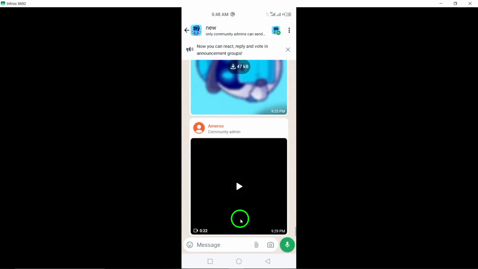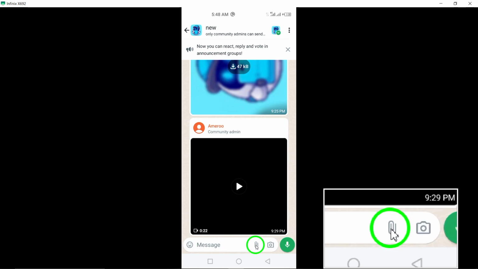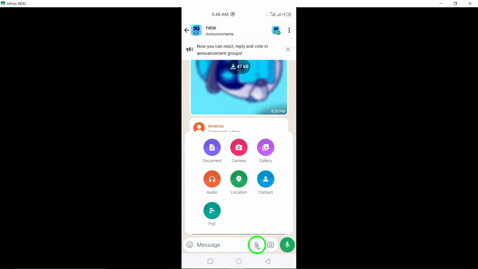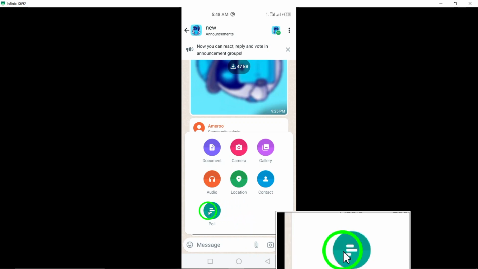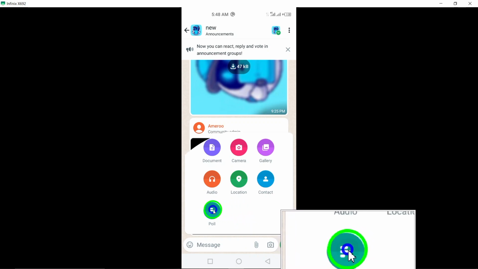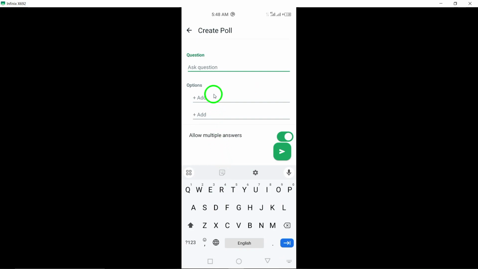4. Look for the attachment icon at the bottom of the screen and tap on it. 5. Within the attachment options, locate and tap on the poll icon. 6. You will then be prompted to add a question for the poll and input various options for community members